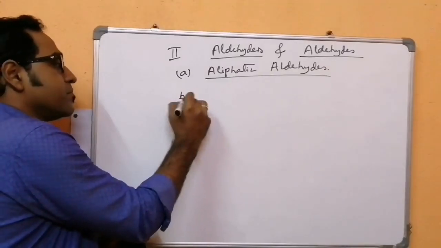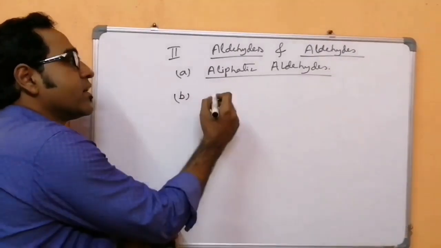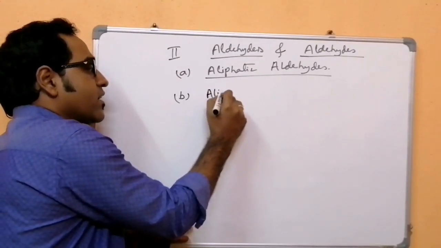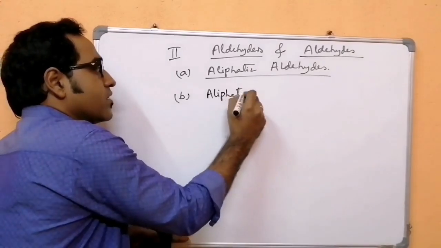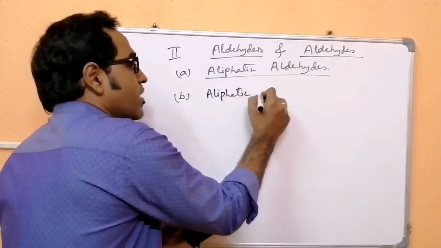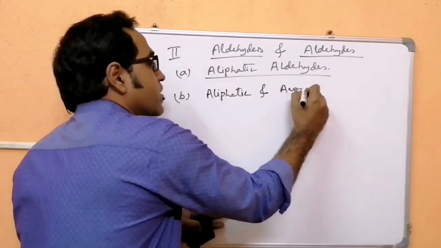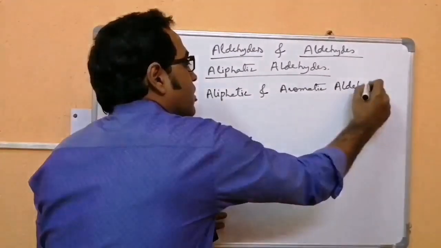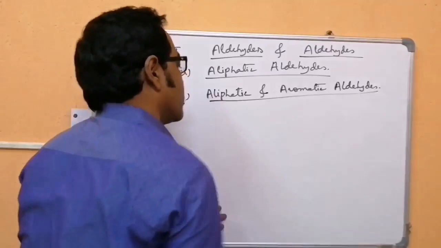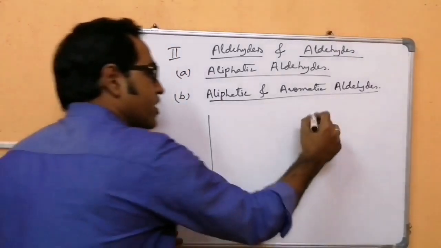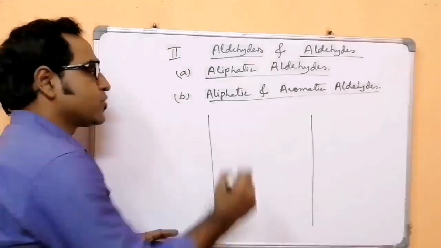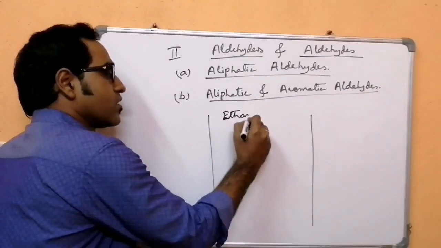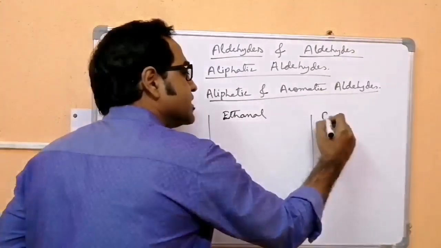The B type is between aliphatic and aromatic aldehydes. Aliphatic and aromatic aldehydes. For example, if you have to distinguish between ethanal and benzaldehyde,